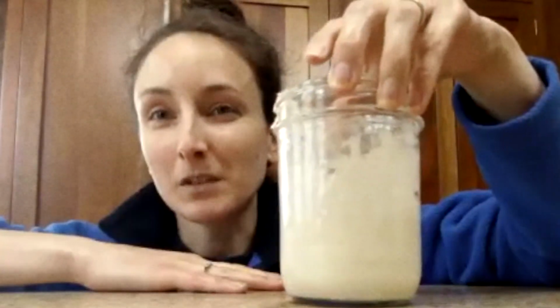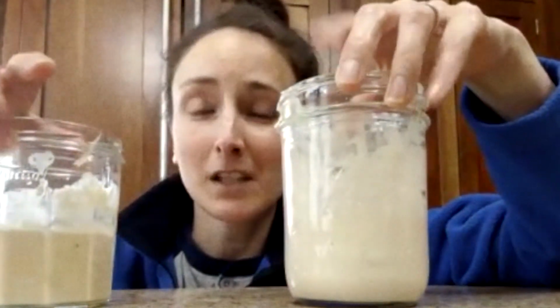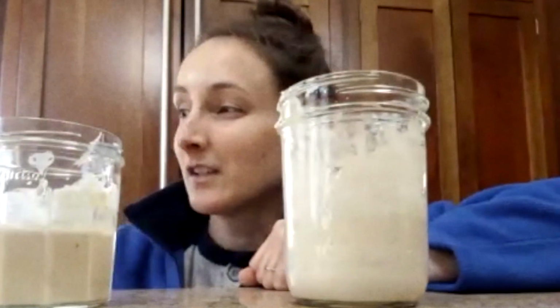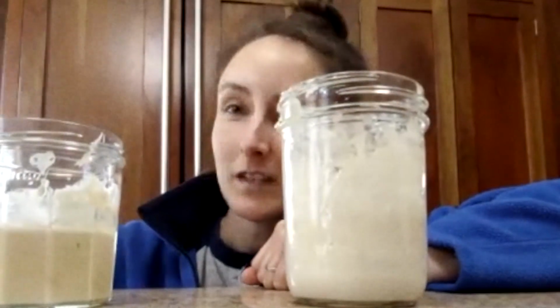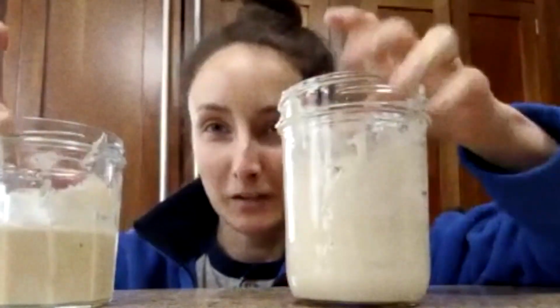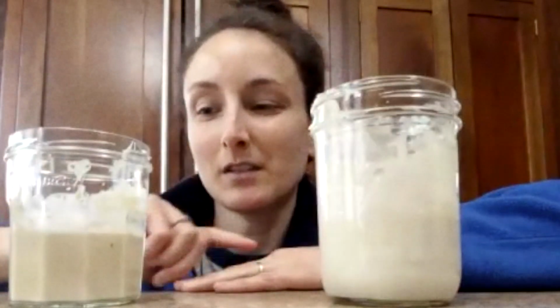I want to just leave these alone. I'm not even going to feed them today. I want to see how much more activity they're going to get. I might not even stir them. I'm just going to let them hang out in their room and just be alone. So instead of putting a blanket on them this time, I've noticed the top's getting a little